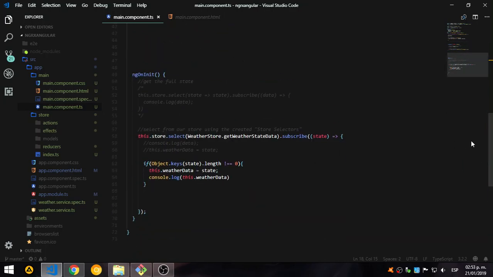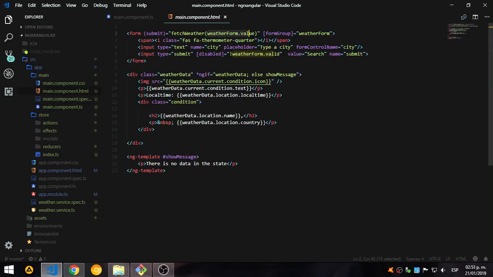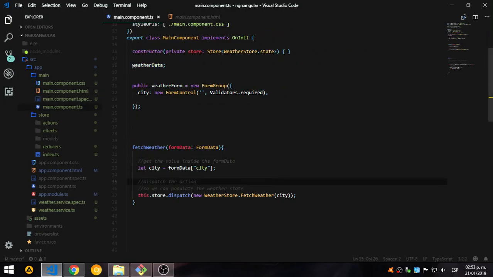Okay, I will show you this in a second. So this is the function that is calling the action, okay, that is dispatching the fetch weather action. So we call this fetch weather when the submit is done. Okay, getting the values. I'm just getting the form data city value,